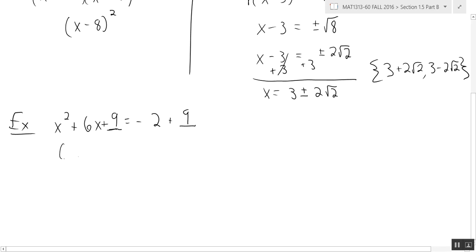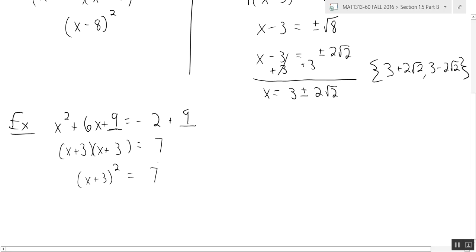Alright, so the left side is going to factor. It's going to be a perfect square. It's guaranteed to be a perfect square because that's what we just made it into. So I write down x and x. Look at the sign in front of the middle term. It's a plus. So this time I put plus and plus. And then what was the number we had to square to get 9? 3, right? So you put 3 and 3. And then negative 2 plus 9, that's positive 7. So the left side of the equation becomes x plus 3 squared,